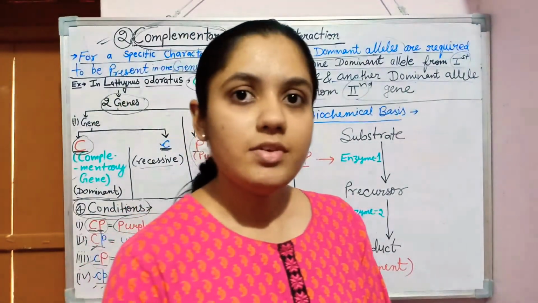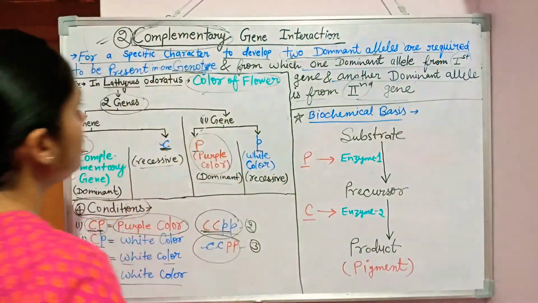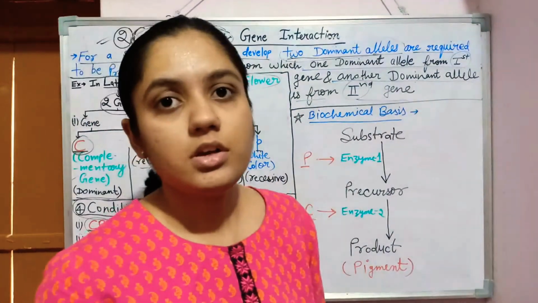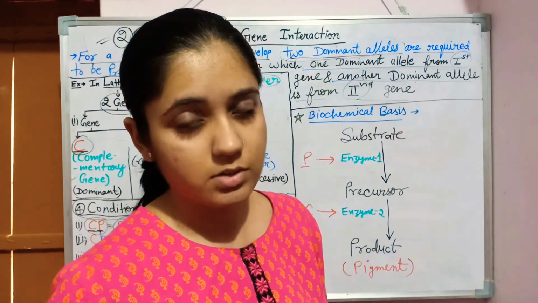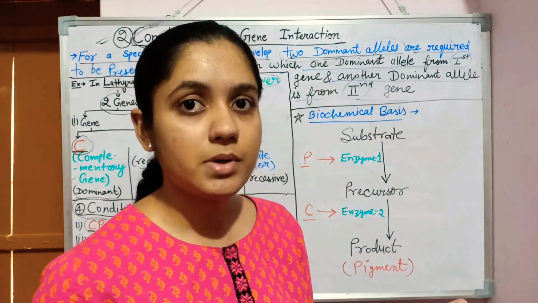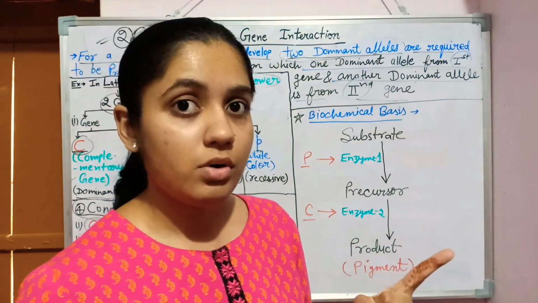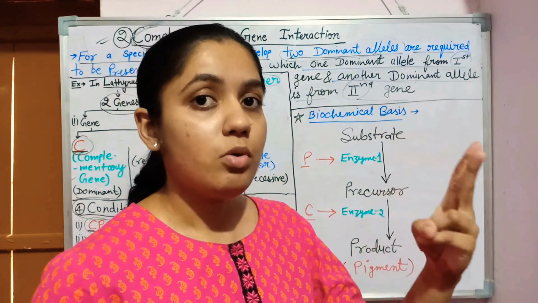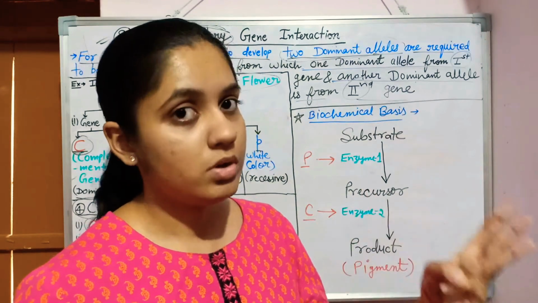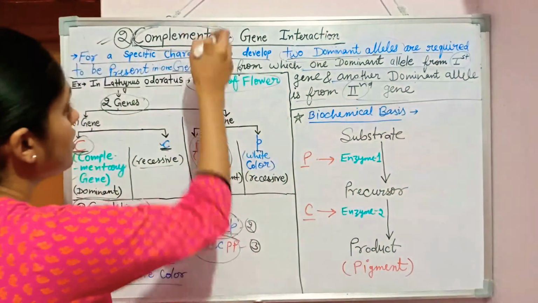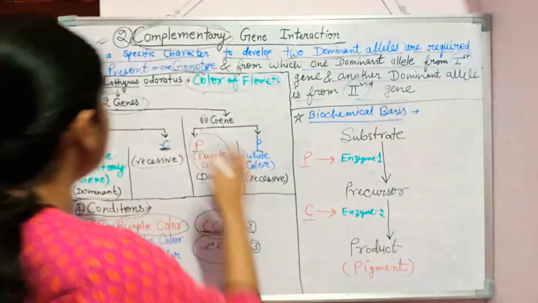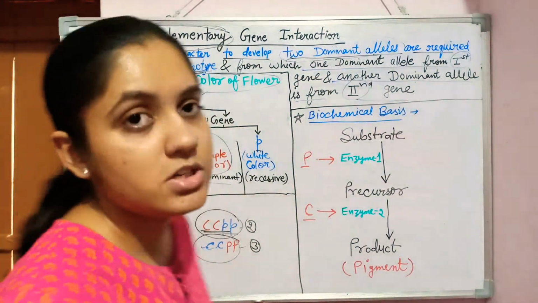Okay, so today we will discuss a new topic, that is the complementary gene interaction. This complementary gene interaction is another type of intergenic gene interaction. It means the interaction is between two different genes, and these two different genes can be present on the same chromosome at different loci, or on homolog 1 and homolog 2, different homologs, or on non-homologous chromosomes also. This is one type from the 6 to 7 types of intergenic gene interaction. That is the second type, the complementary gene interaction.